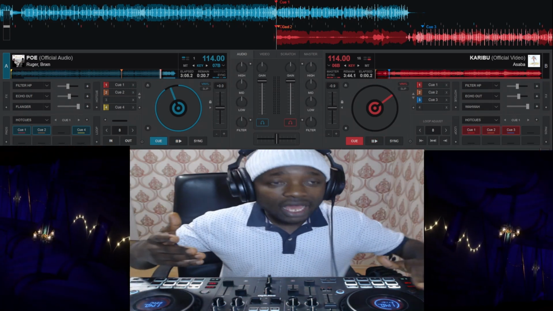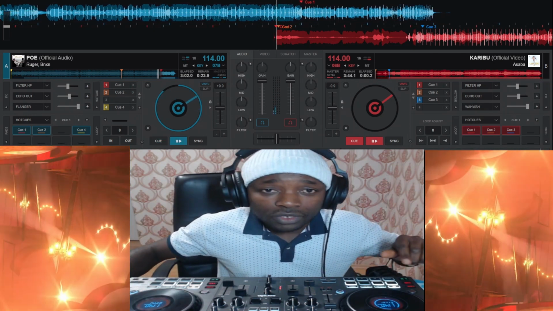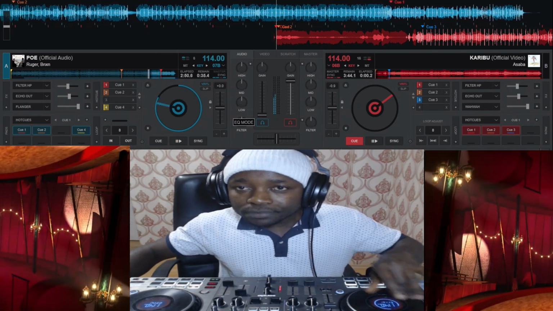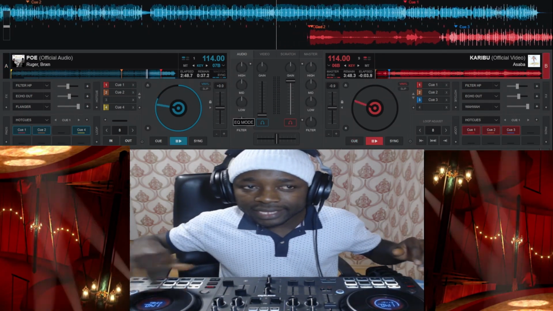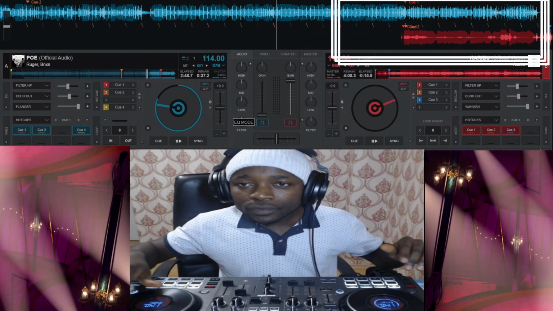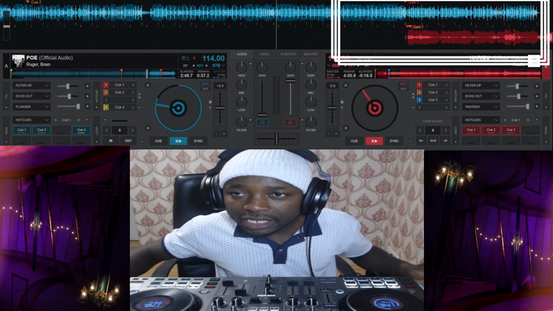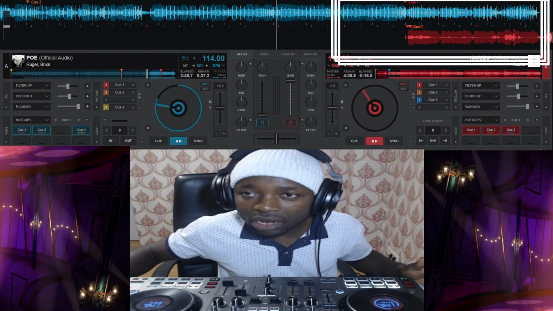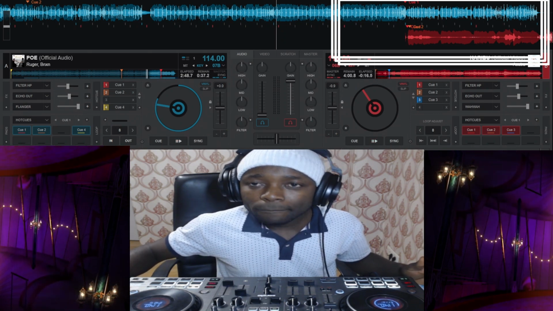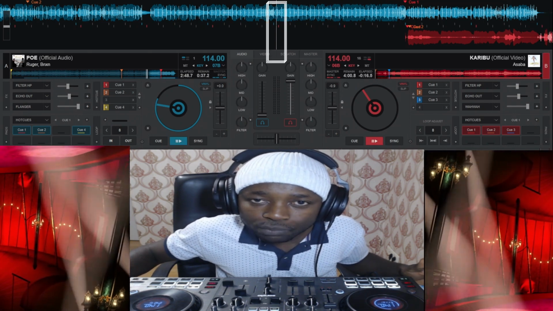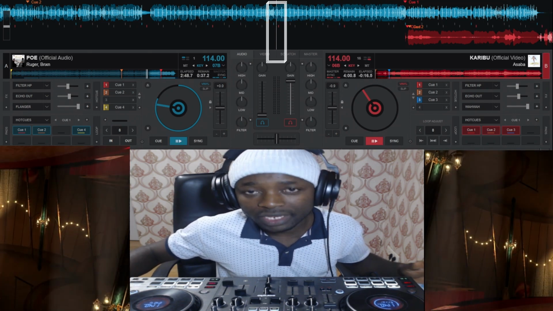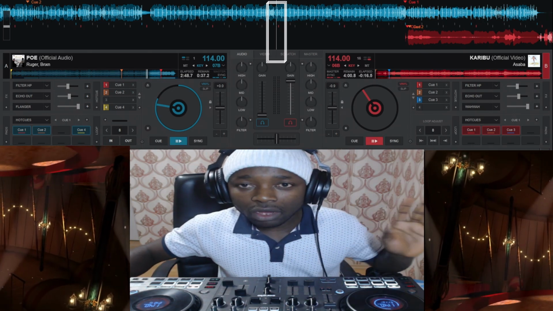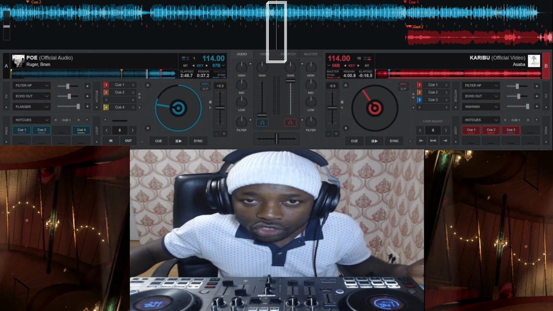So what I will do is I usually, sorry for that, let me kill this volume. I usually match everything right here, right at this section, while the two songs are playing, correct all my errors around this section, and then before it gets to this point, from this point it's getting out into the loudspeakers when the volume control knobs are up, right? So before I get to this point here,